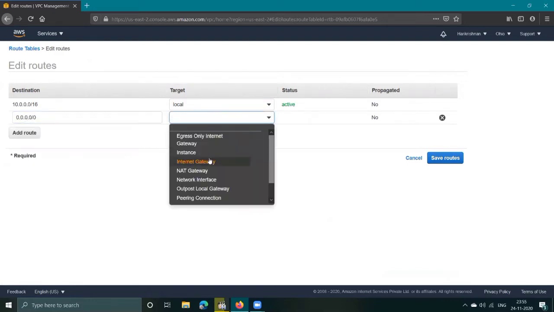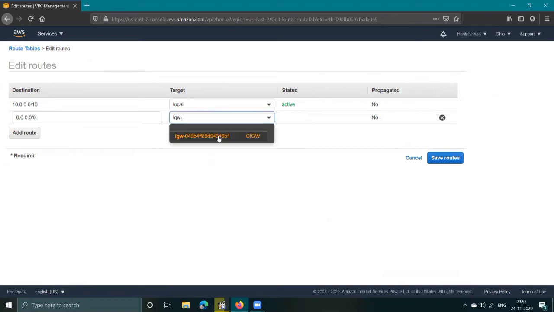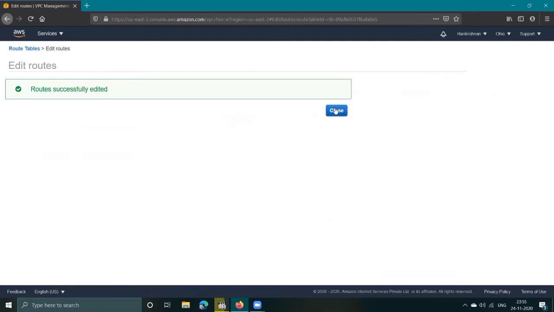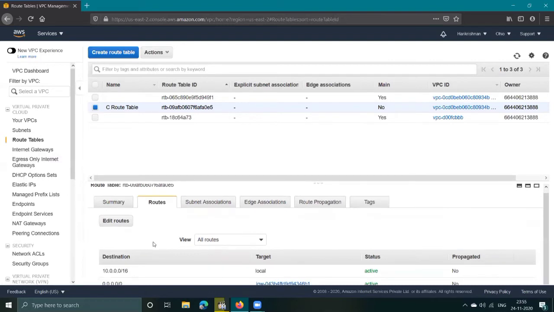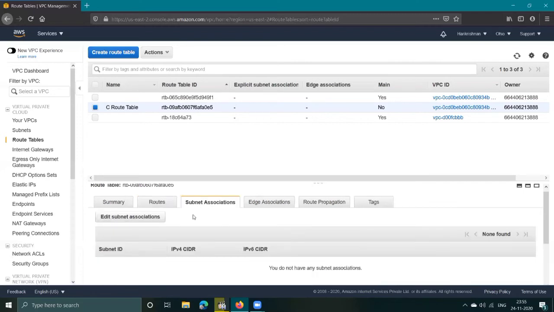Go to edit routes. Add the route 0.0.0.0/0, select the internet gateway which we have created, CIGW, and save the routes. Close it.